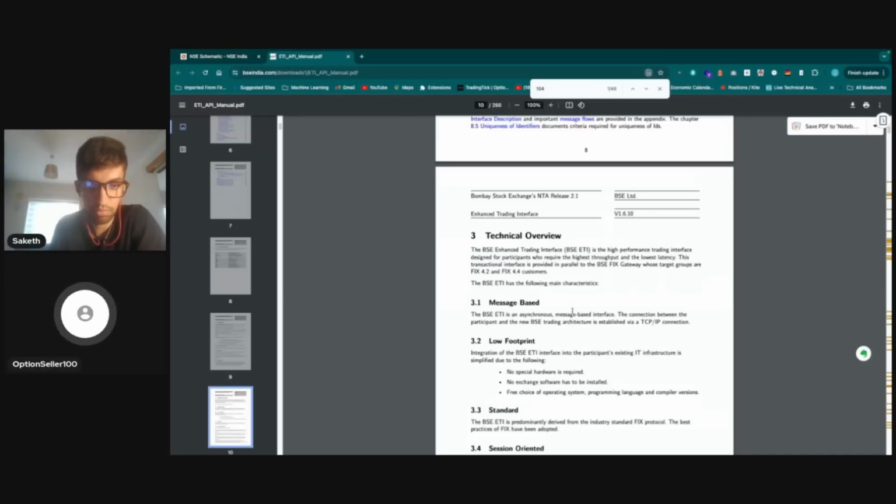The third one is, at least from the documentation, BSE would really define that. Also, I happened to speak to a couple of brokers. What they said was BSE would charge for the rate at which they consume the requests. For example, there could be one rate for, let's say, 10,000 requests per second. If somebody wants to send across more requests, that could be more costly. If somebody wants to process 20,000 requests per second,